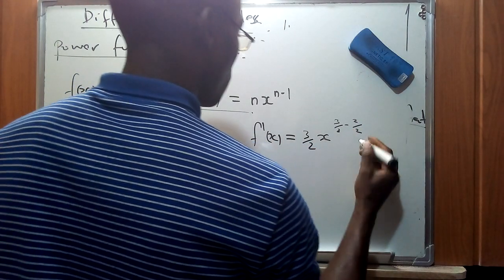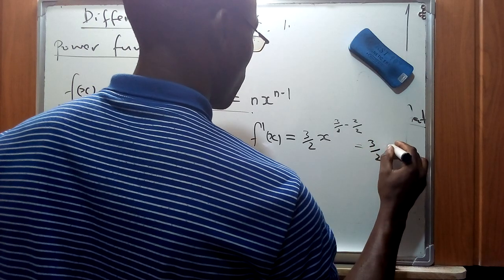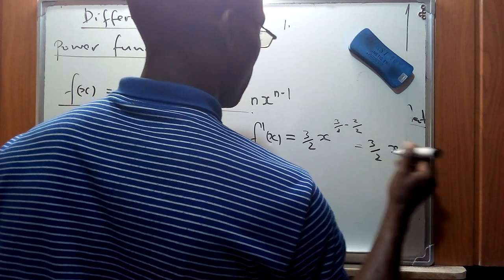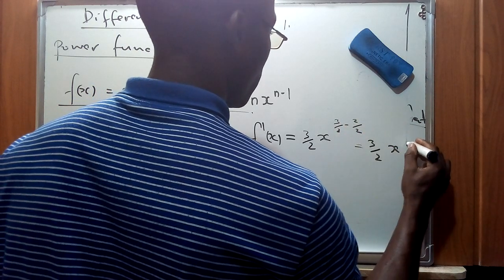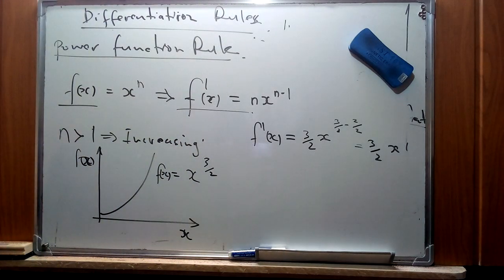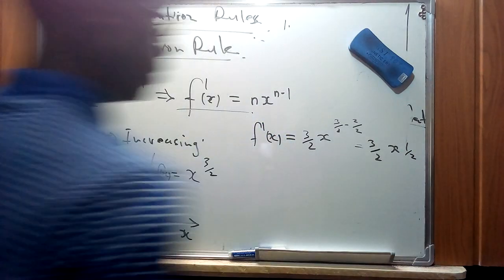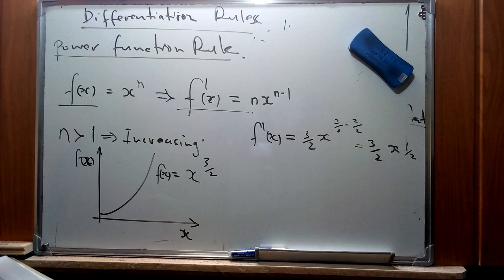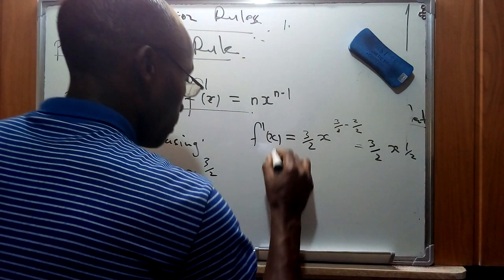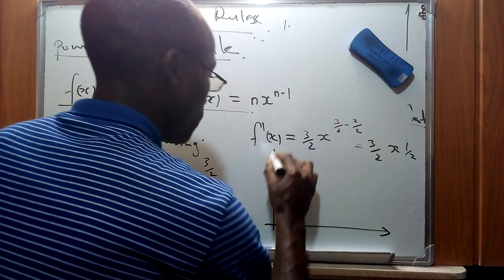So therefore this is going to give us (3/2)x^(1/2). Now the derivative, the function of this particular derivative is going to give us a graph